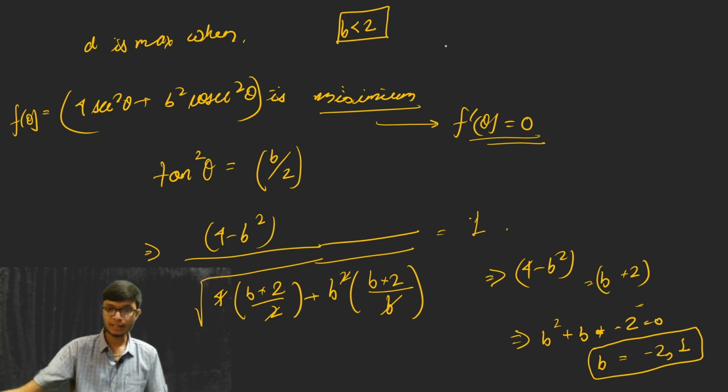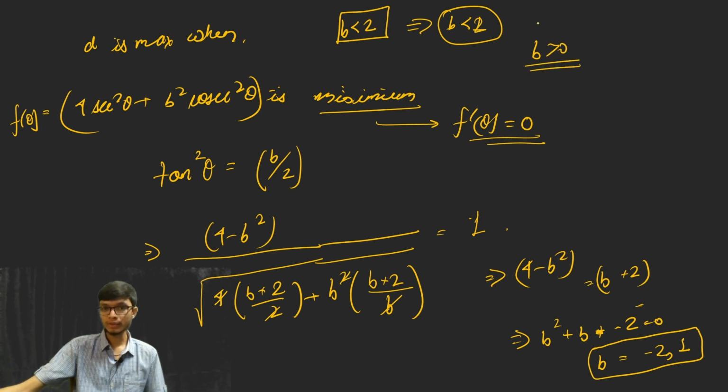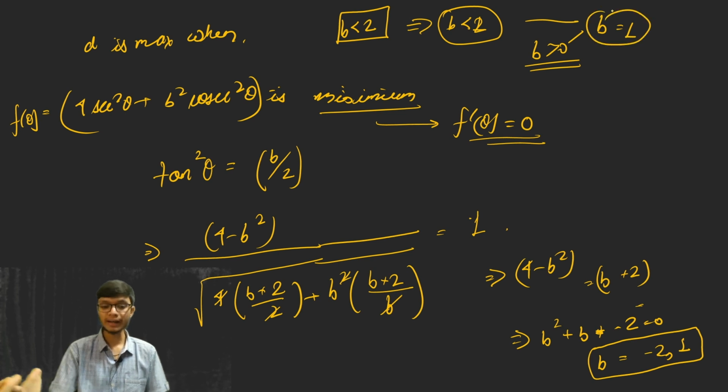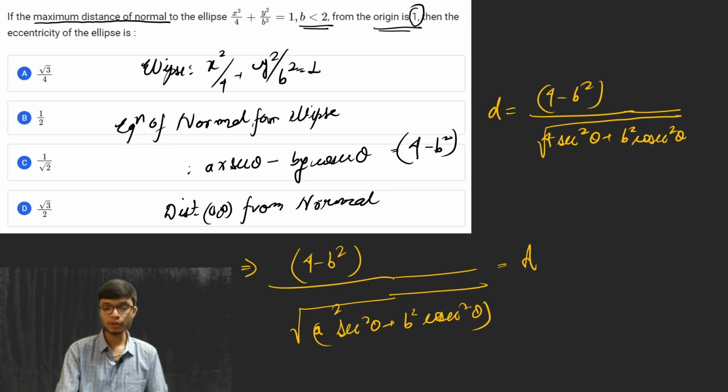But since b is less than 2, and b should be positive, because for an ellipse b should be positive, and it is less than 2, that means satisfying these two conditions the b value is equal to 1, because b is again a length, so it can never be negative. So what is b basically representing? B is representing a length. All right, so with this you will get that,